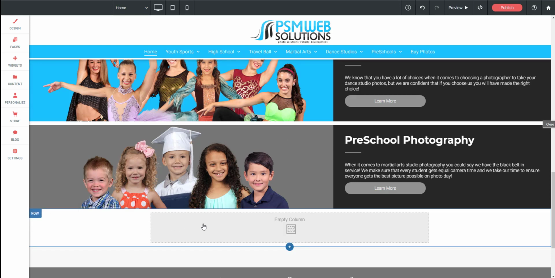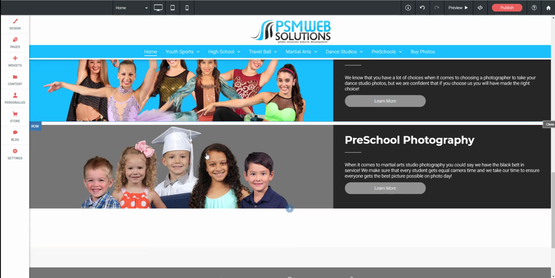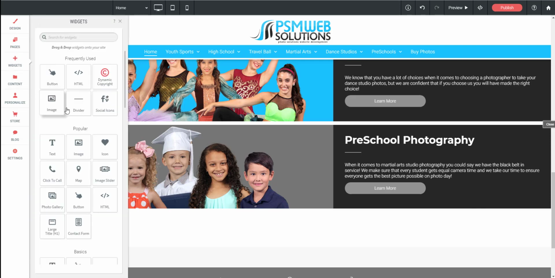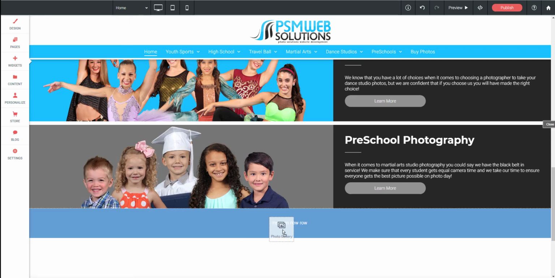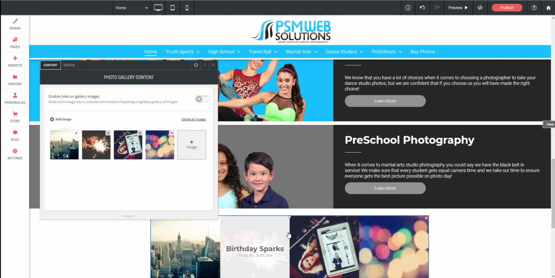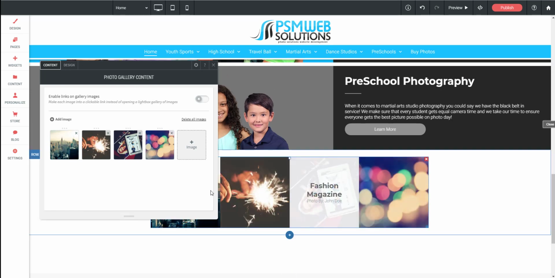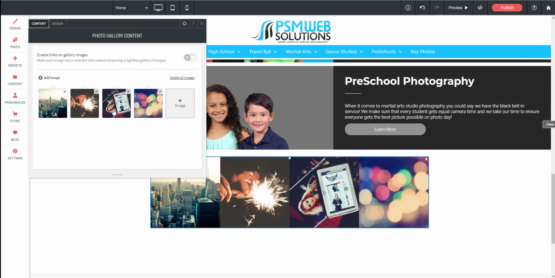Now our row is down here. You can only drop widgets either into already existing rows, columns, or empty rows that have an empty column. So if we come in here and we have a widget and we want to bring in a photo gallery, now we can drop it into that row that we just created, and now we have an image gallery here. To change the image gallery images, all you do is click on the image, and just like we did before, it's going to give us an option